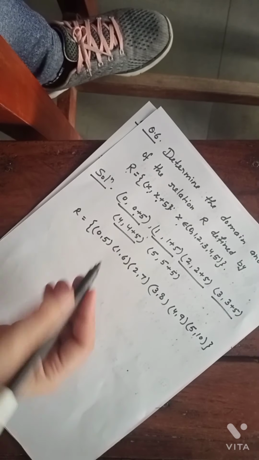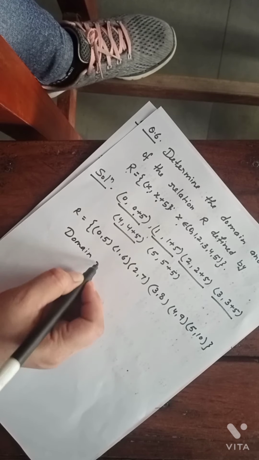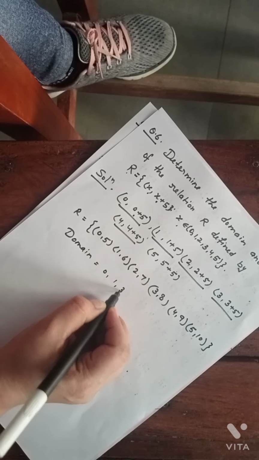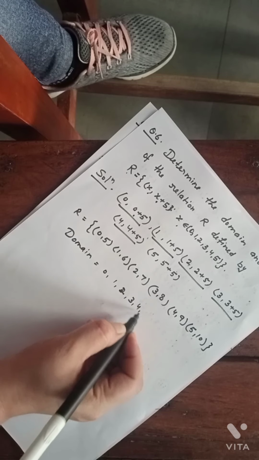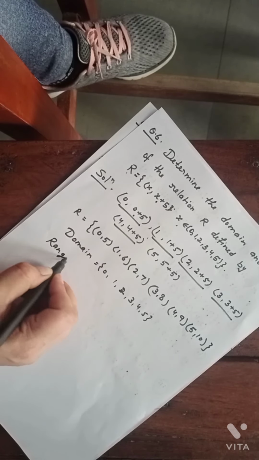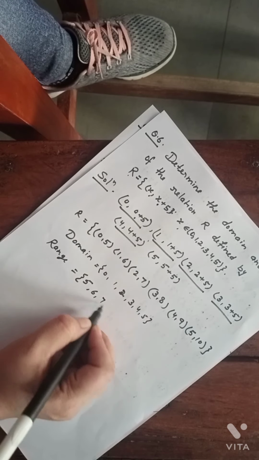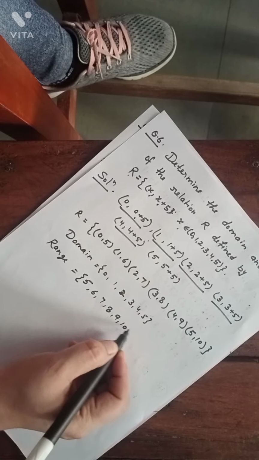Okay, so what is the domain and range for this? The domain is equal to {0, 1, 2, 3, 4, 5}. Okay, and what is the range for this relation? The range is equal to the set of all second elements, {5, 6, 7, 8, 9, 10}. Okay,